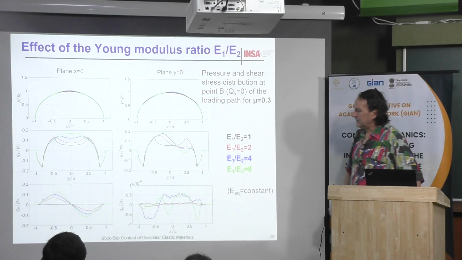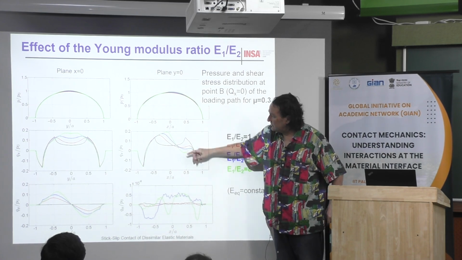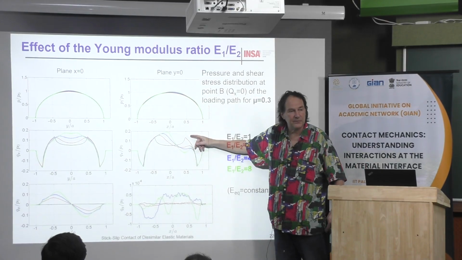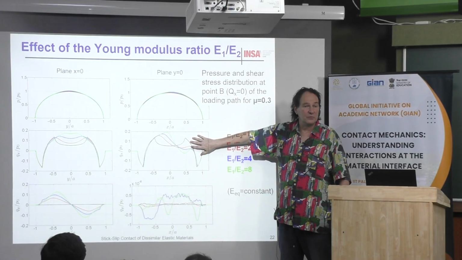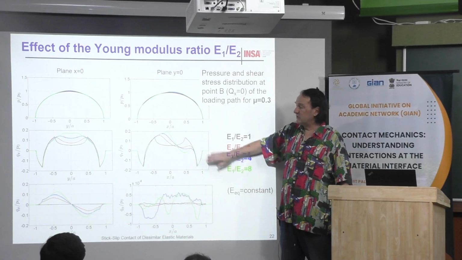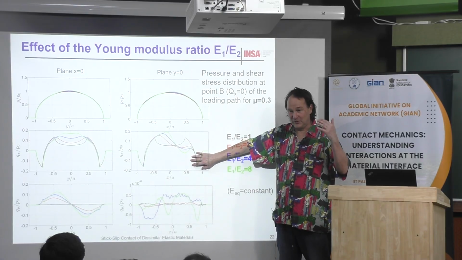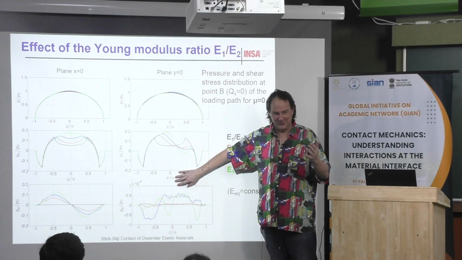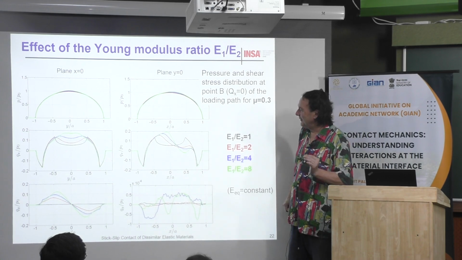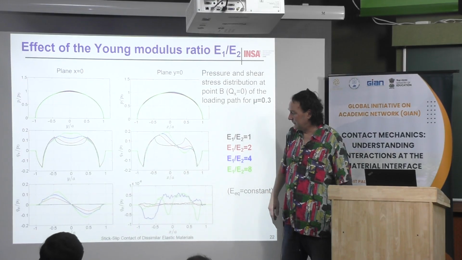Then you can see that this is the Cattaneo-Mindlin solution, the one we have seen just before. And you can see here that the shear stress is very different when you have dissimilar elastic materials. This is no longer symmetric. It's very difficult to find that in the literature because there is almost no paper describing that. I submitted a paper on that many years ago, and I got a response from one of the reviewers: this is very well known. Then okay, I didn't try to resubmit it elsewhere. I submitted the paper in IGSS, but it's too bad. But anyway, this is the first thing. You can see this is no longer symmetric.